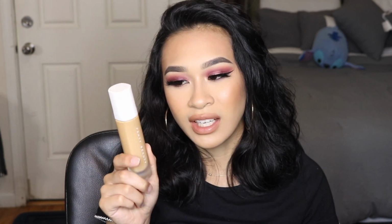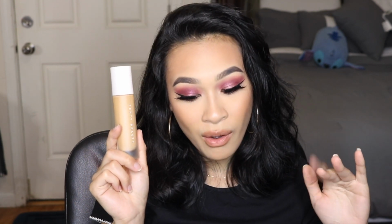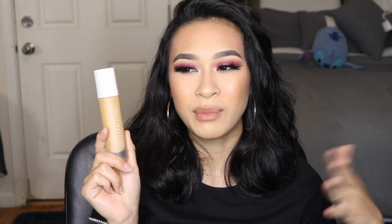She's not that great, but I do really love the foundation. The foundation is my absolute favorite. I would repurchase this a million times. Like, this is so good. But right now I'm trying to go through my foundations. I'm trying to not be a hoarder. So for now, we're taking a break from buying Fenty and from using Fenty on the channel, simply because I want to save up my money, because